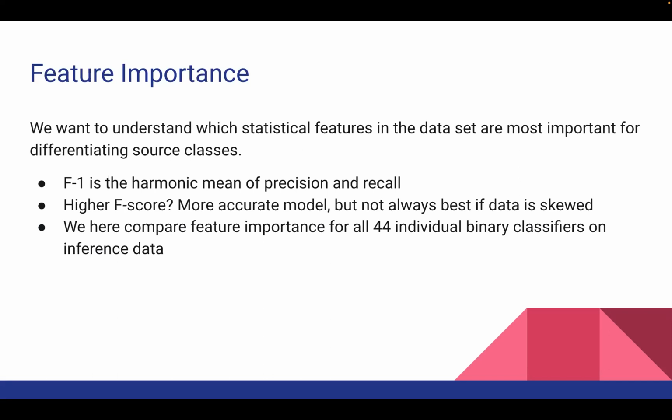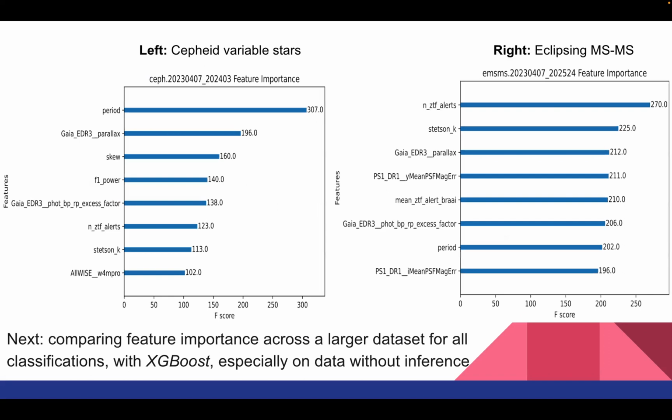But we compare feature importance for all 44 individual classifiers on inference data, which is to say, in this case, DR5 from ZTF, which we have ground truth. We know what these objects are. So on the left, we have Cepheids, and on the right, we have eclipsing main sequence binaries. The most important statistical feature for Cepheids appears to be period, and for eclipsing main sequence binaries, the number of